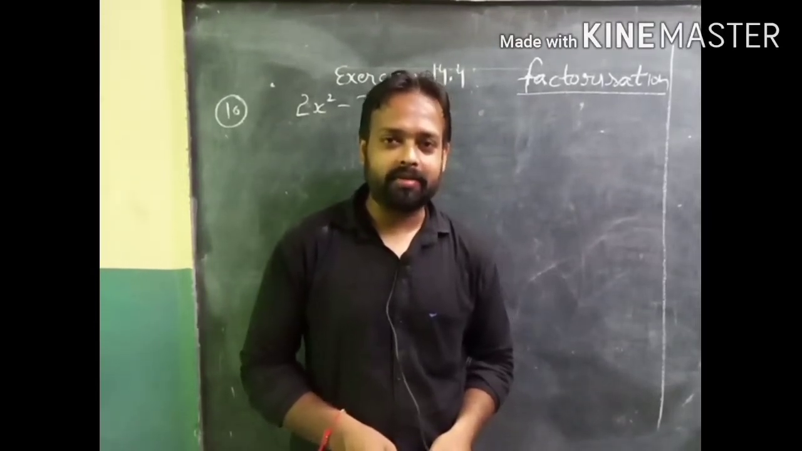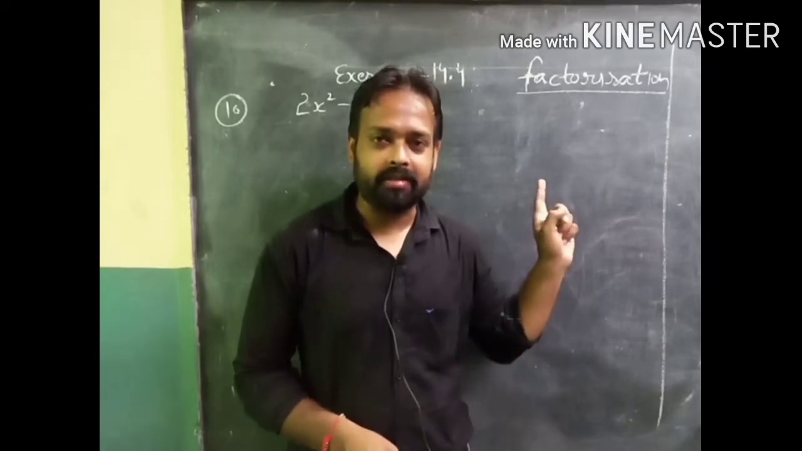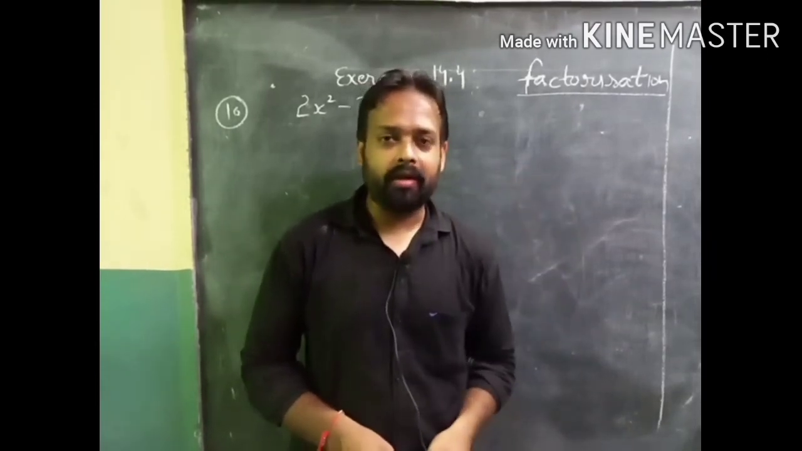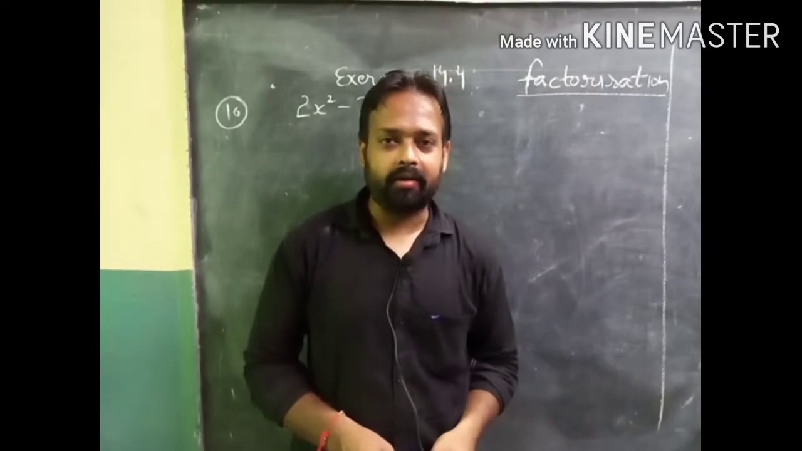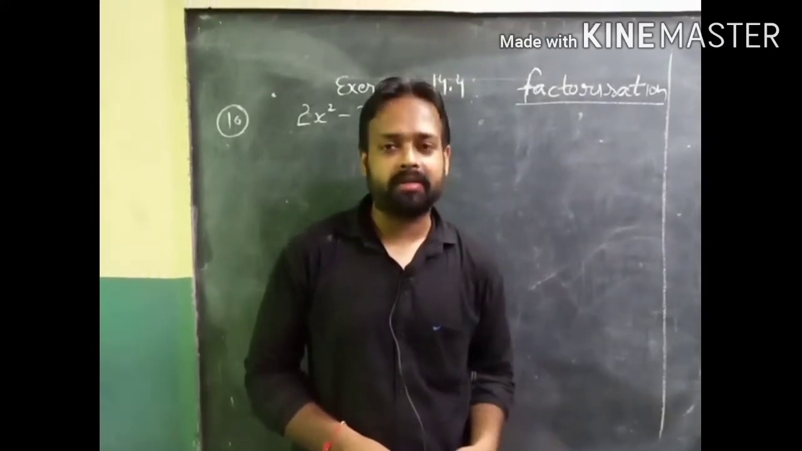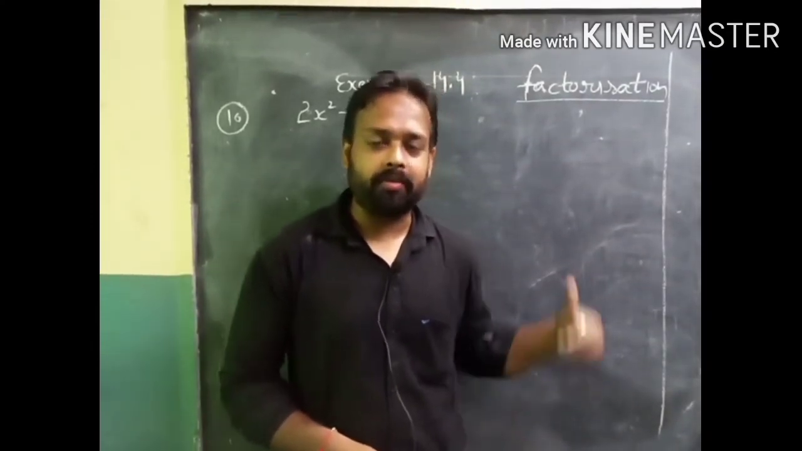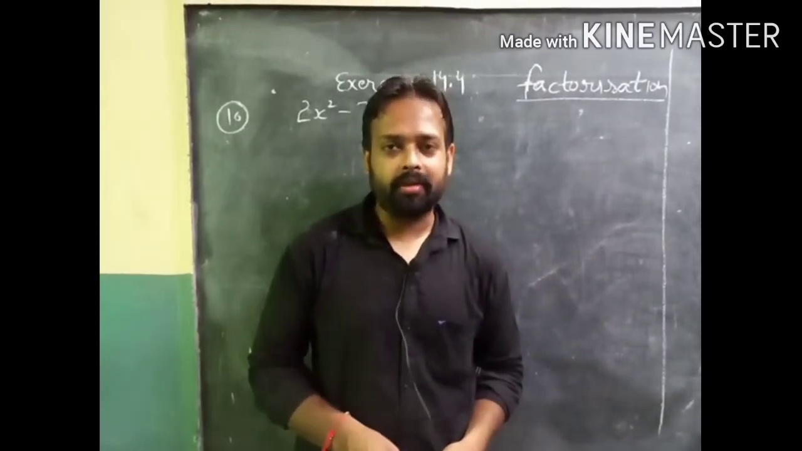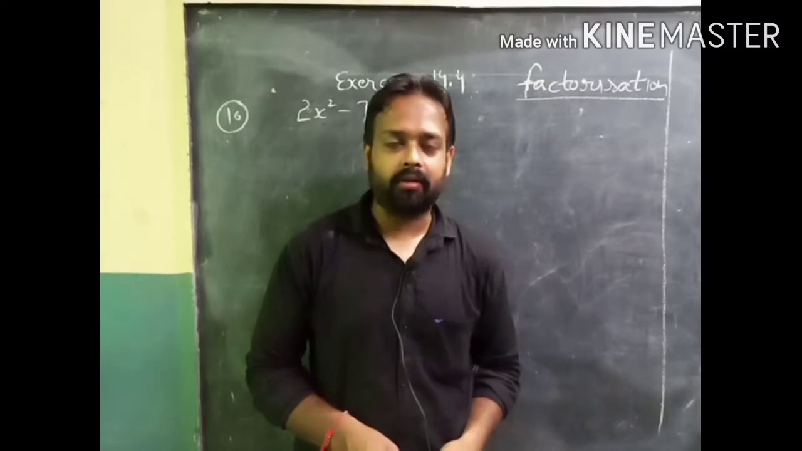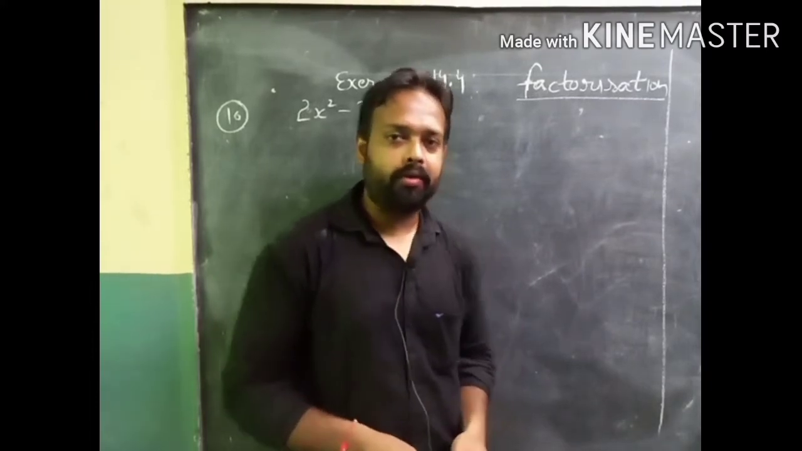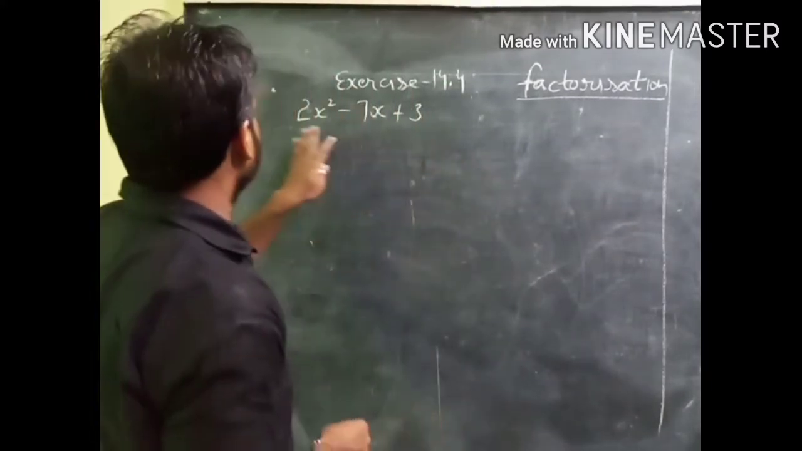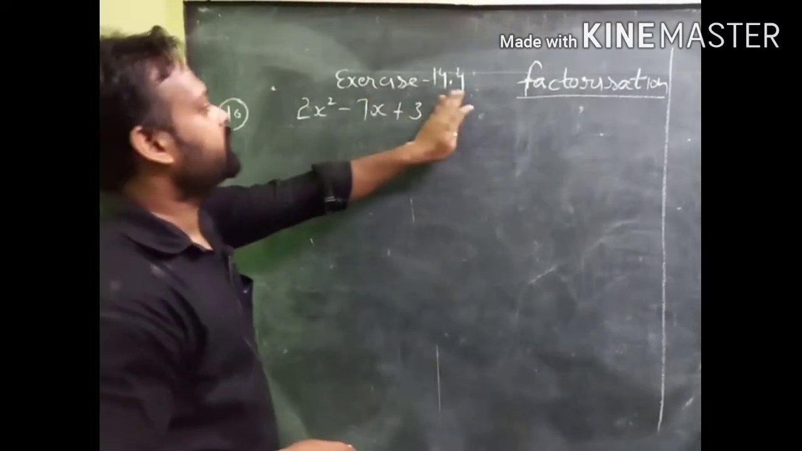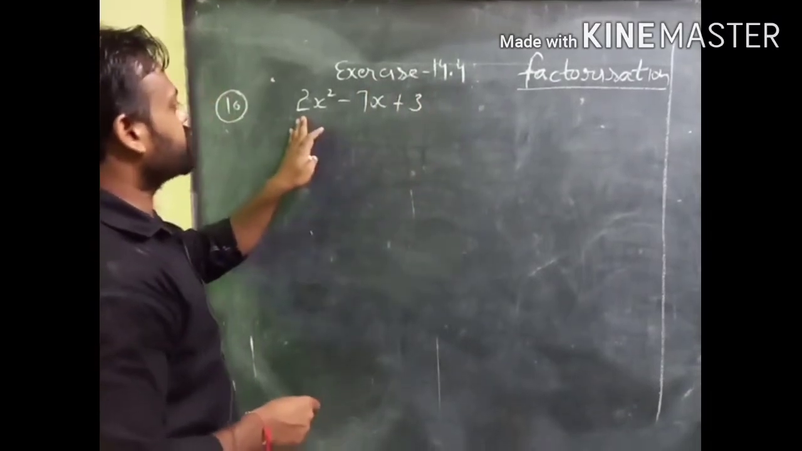So today I am going to start your 14.4 exercise, sum number 10. In my previous video I had already explained its first 9 parts, and today I am going to start from its 10th sum. Those students who have not seen that previous video must see it to understand the concept. Now you can see, in the 10th sum of exercise 14.4, it is given 2x square